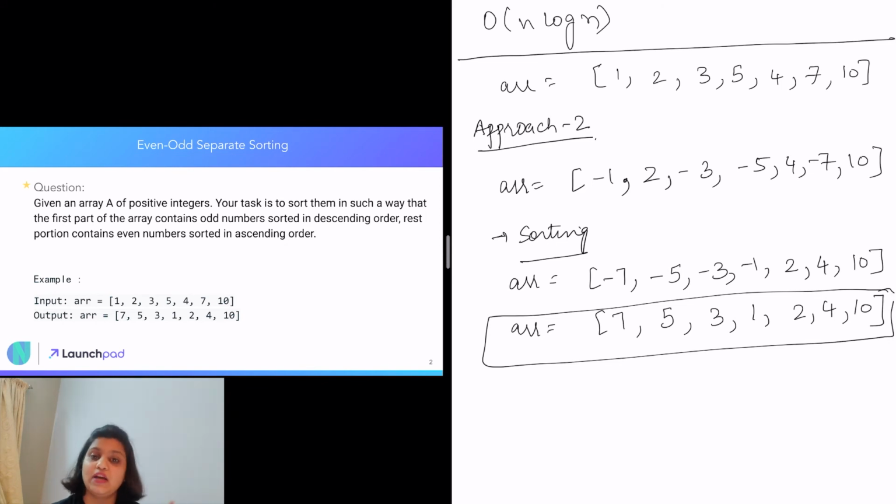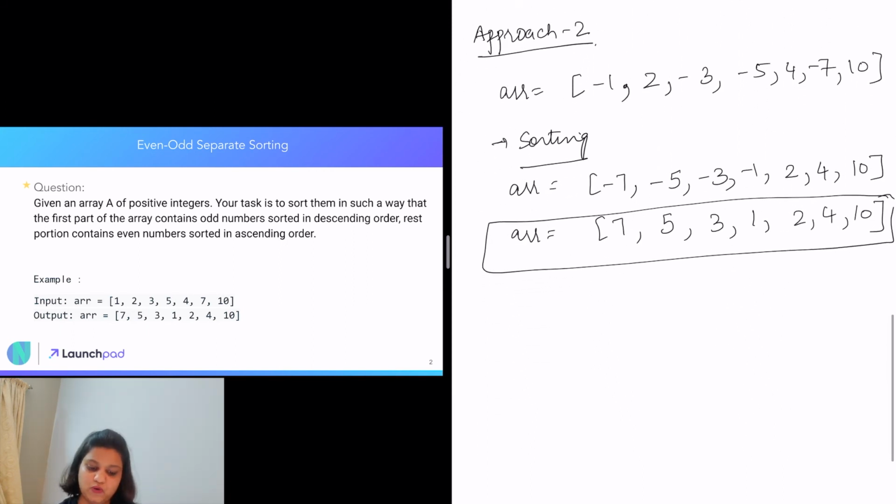If you want to see a different approach rather than the first approach that we are doing, in case negative integers are also present, I will make another video just for this case when there are negative numbers present. In that video we are going to use merge sort, and we are going to tweak our merge sort algorithm to make this even odd separating sorting work in case of negative integers as well, by using only one merge sort, by sorting only once, not by keeping our odd numbers separate and even numbers separate, and then sorting and combining it as we did in our approach 1.